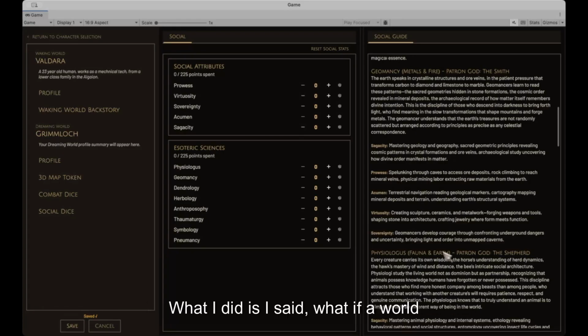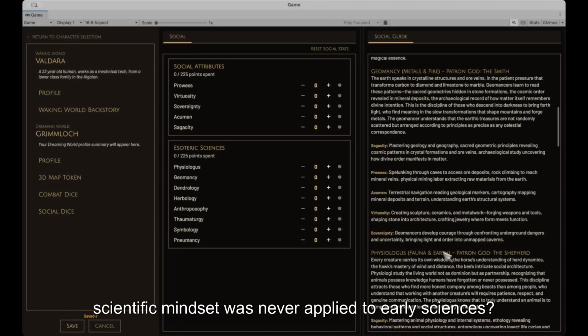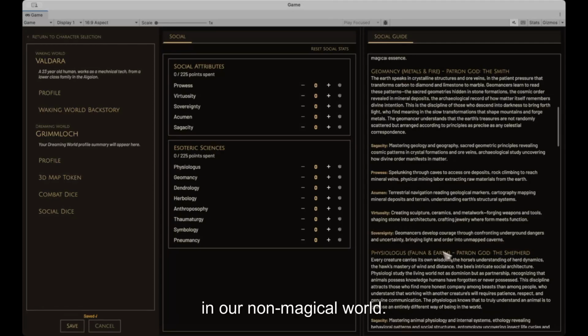What I did is I said, what if a world never had that happen? What if that scientific mindset was never applied to early sciences? Because in a magical world, it wouldn't have been applied the same way it does in our non-magical world. In a magical world, things like divination is real, magic is real. Being able to read the lines of the earth and understand things is real.